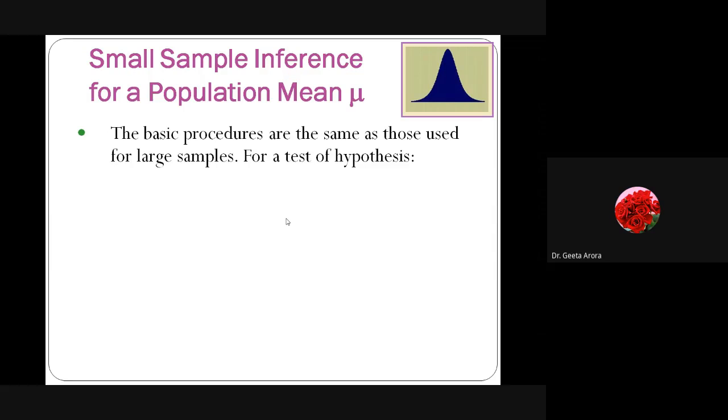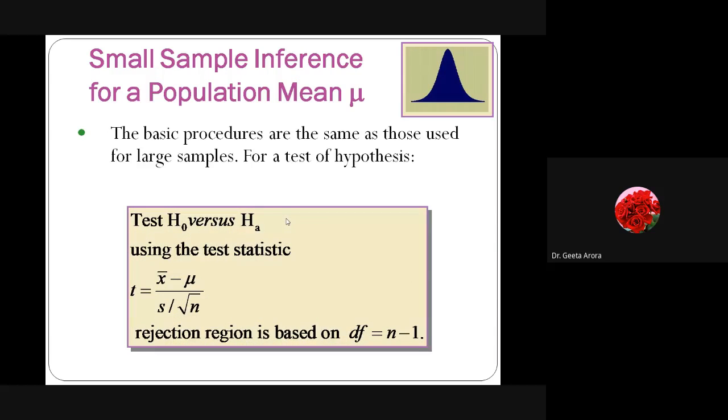Today we are going to start with the t-test for the small sample, and we are going to check the hypothesis testing for the population mean. Whatever we have learned for the z-test, the same procedure is to be followed as we have done earlier. First, we have to write down the null hypothesis and the alternative hypothesis.